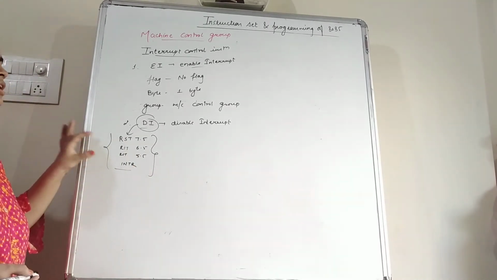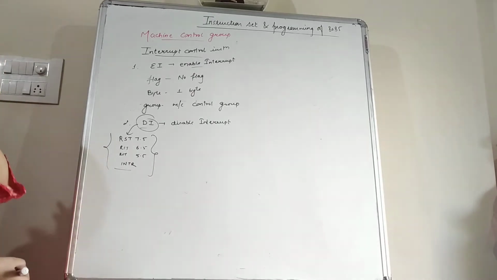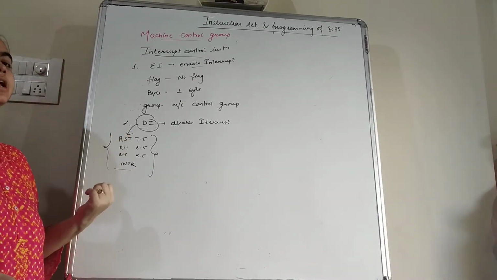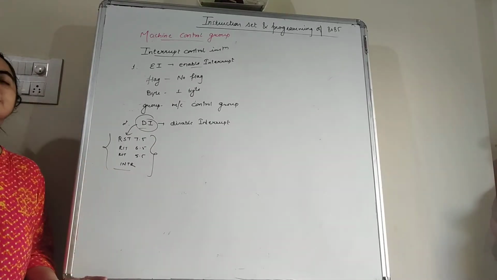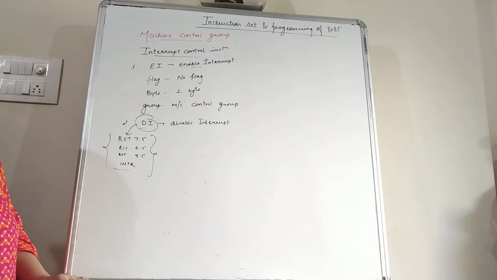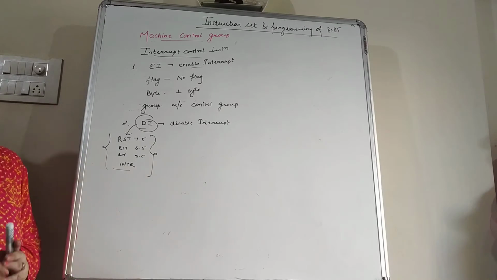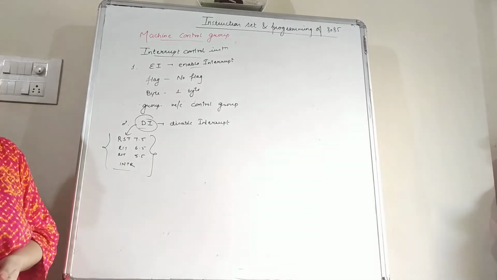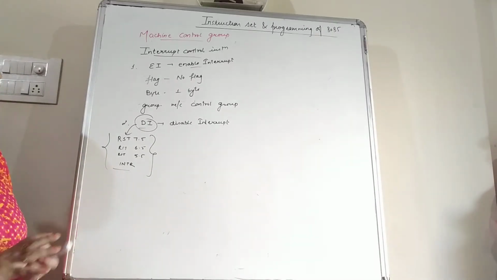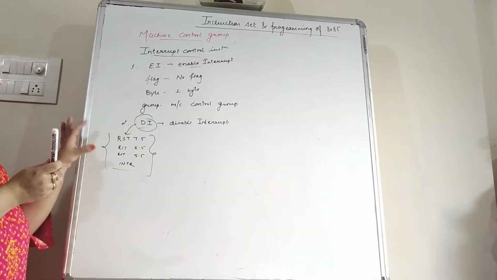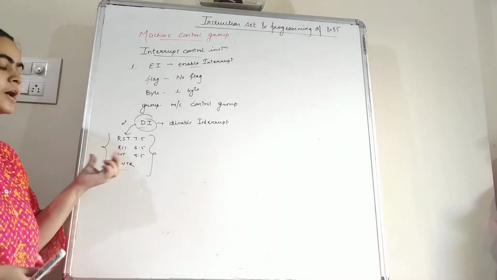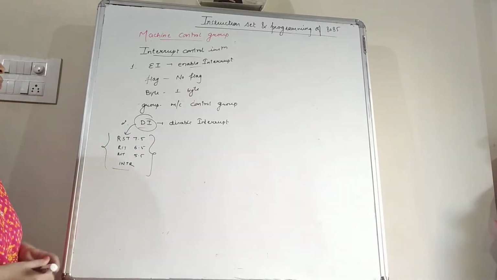So these 4 interrupts are the only ones the programmer can enable and disable according to their choice, but the other interrupts, that means the other hardware as well as the software interrupts, are by default enabled. So we cannot make any changes to those interrupts. If we want to make changes, we can make them in these 4 interrupts only.